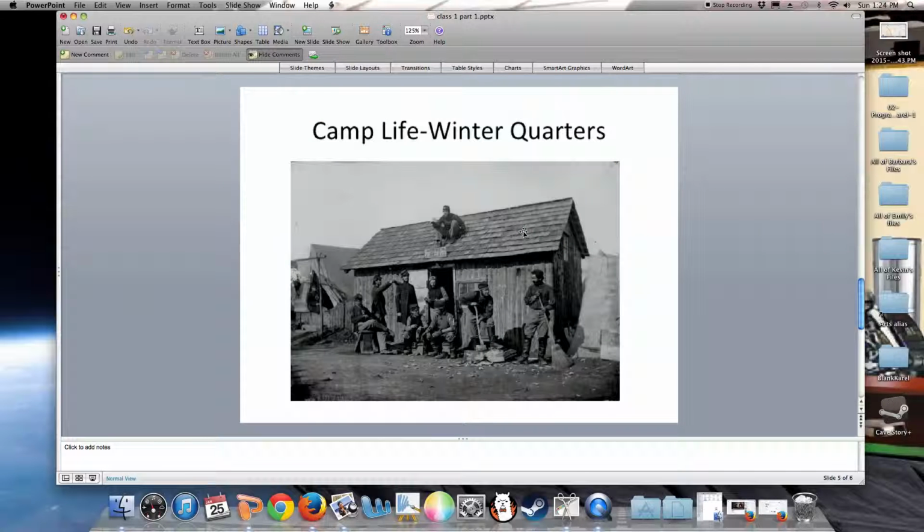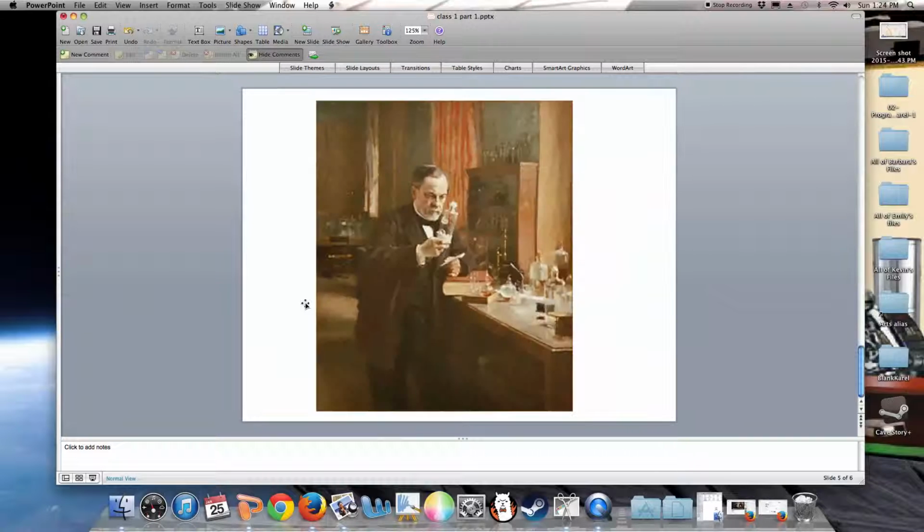Here is a picture of some Union troops at their winter quarters. You see they have a very nice wooden hut that was constructed. They even had a little name for their building. Here you have a man with a broom, another one chopping wood for heating, and you have what appear to be a clothesline, and generally speaking, camp life is very clean, neat, and organized, and more to the point, sanitary.